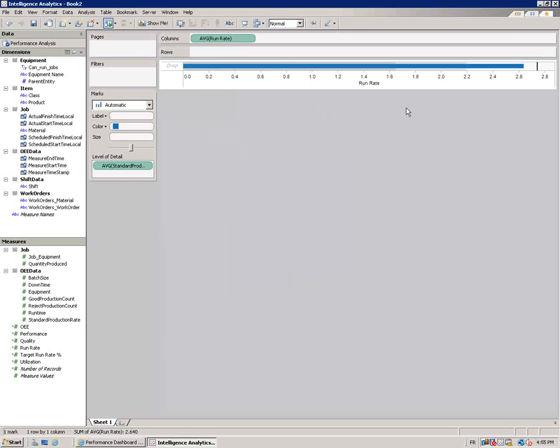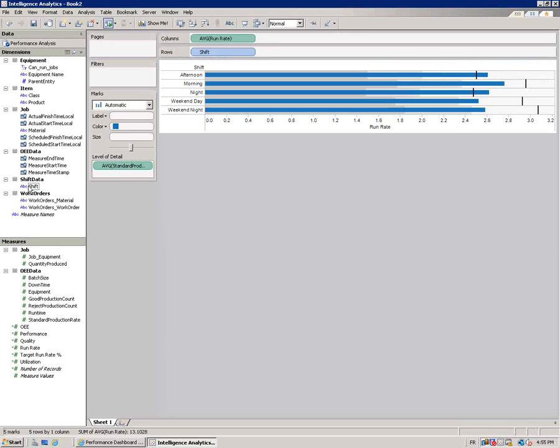So clicking OK, we get a gauge, and this is the average run rate for all equipment, all shift, all product, all blended together. So it's more or less useful, but if we put the shift information, just by clicking on the shift, now we see by shift how well the shifts are comparing with each other. The vertical line indicates the target, and the blue line indicates the actual. And if we want to add some color to this to identify how well things are doing, this is becoming much more visual, and we can see again that the weekend days are actually performing a lot worse, which was